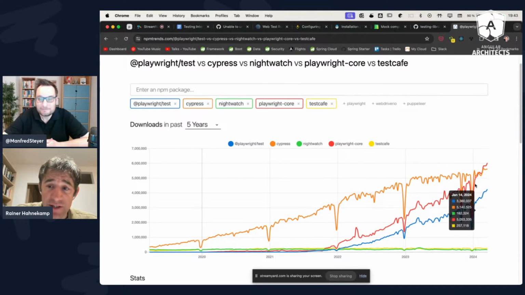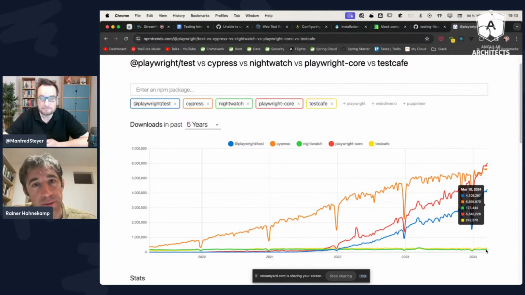Exactly. And you also see here it's just between these two. If you, for example, say the Angular framework has partnerships with other end-to-end testing frameworks like TestCafe or Nightwatch, then you see that these two don't play any role. It's just about Playwright versus Cypress in that regard. And there are some reasons why it is like this.